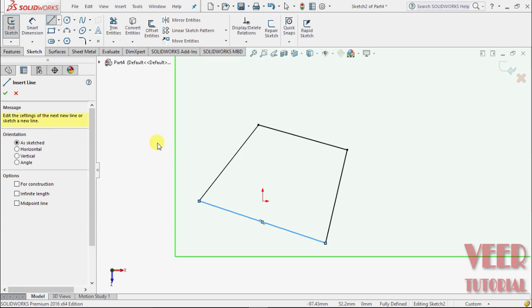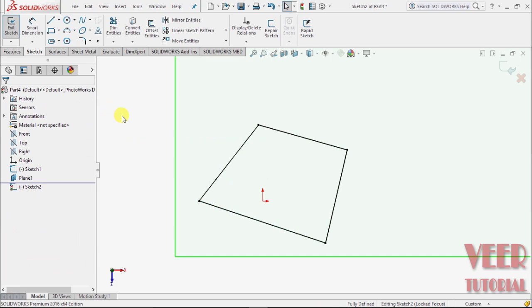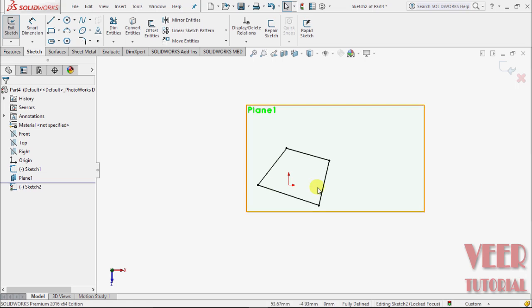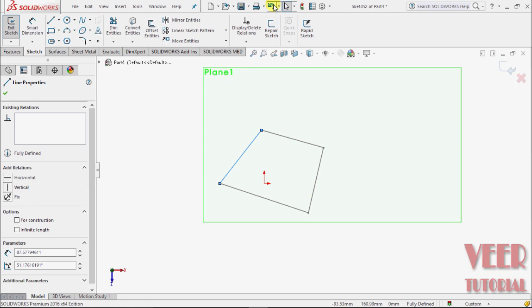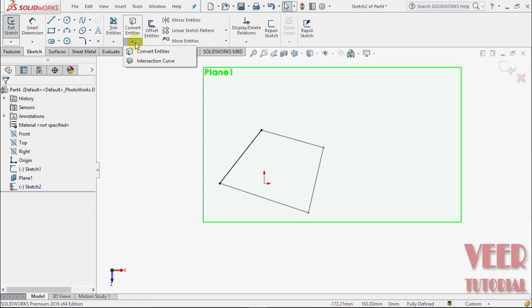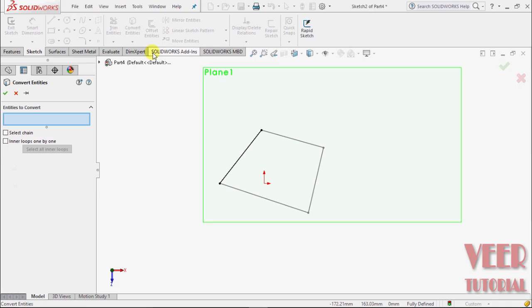and OK. And another way of doing this is using the convert entity feature, because we can see it is a time consuming process if we have multiple arcs and multiple lines in a complex sketch. So first I undo this